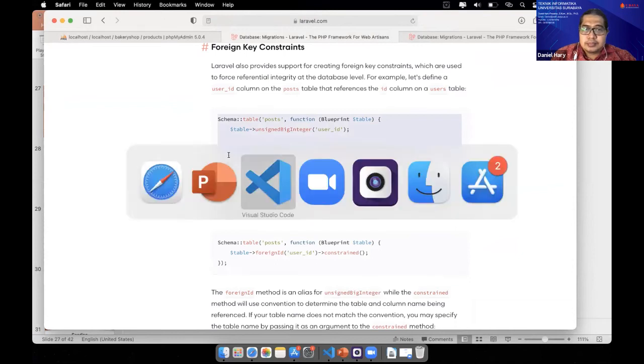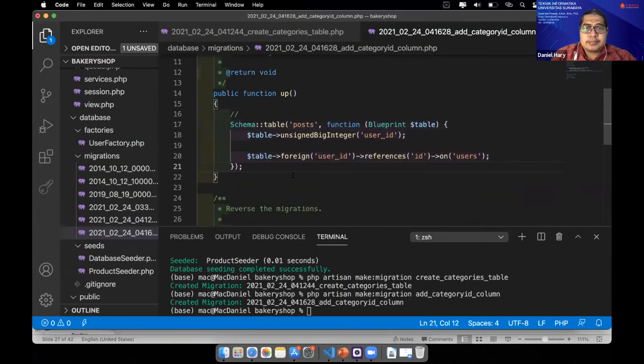For up, we will modify the products here, and then add the category ID column.